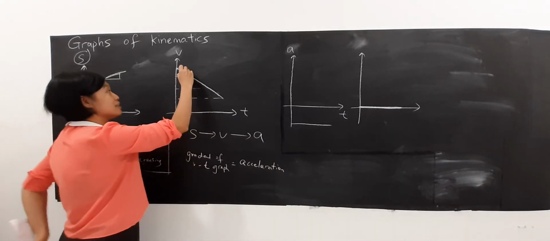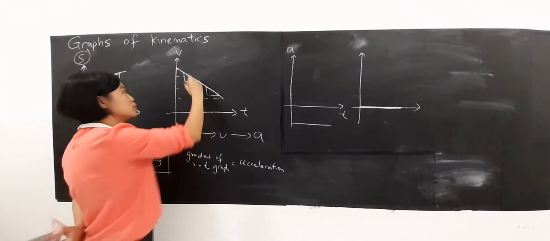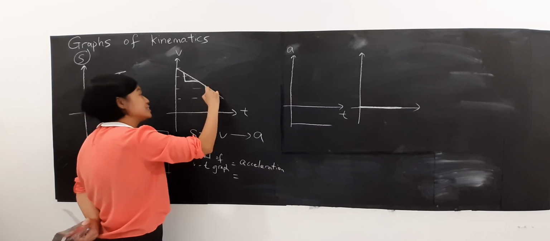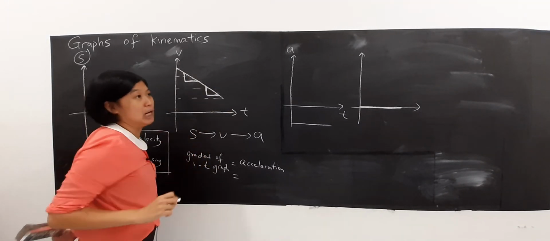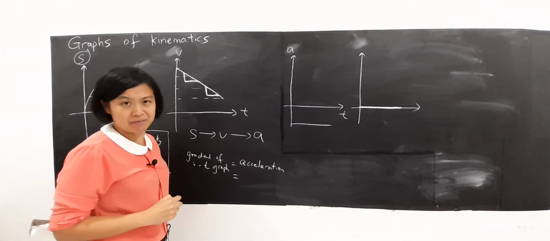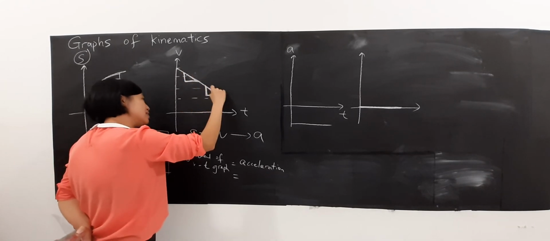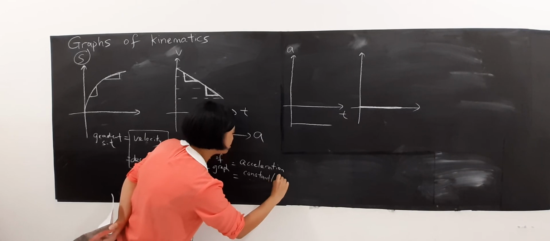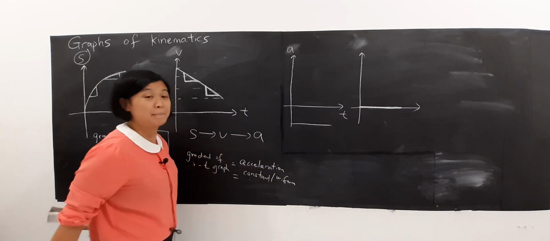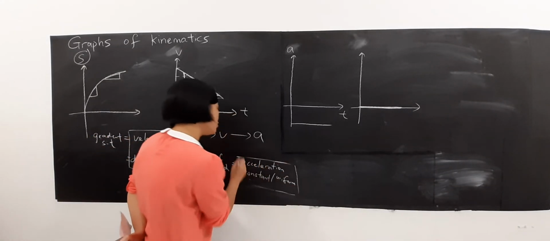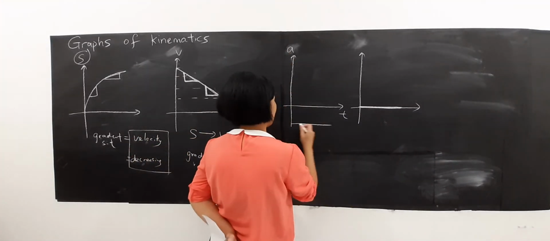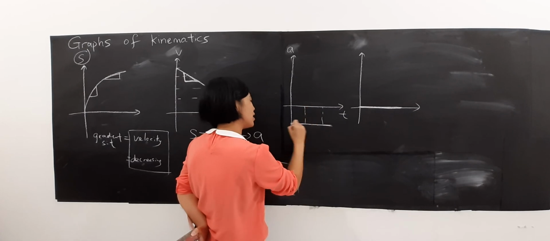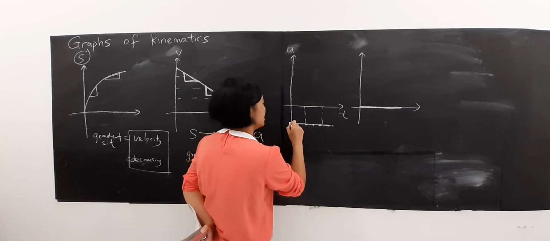Then if I draw the gradient for these two parts here, what is your observation? You find that the gradients are the same. You can try to prove it by drawing the graph. If you calculate this gradient and this gradient, the values must be the same. In physics, the keyword we use is constant or uniform, meaning the same. So how are you going to draw uniform acceleration on this graph? Uniform acceleration means that on the graph you must show the value of A always maintaining the same value. So that's why we get a horizontal line